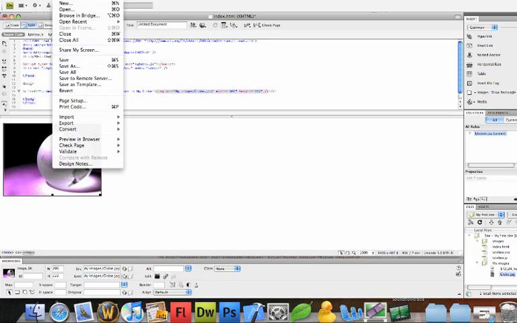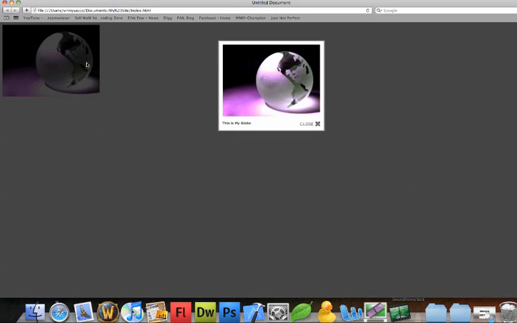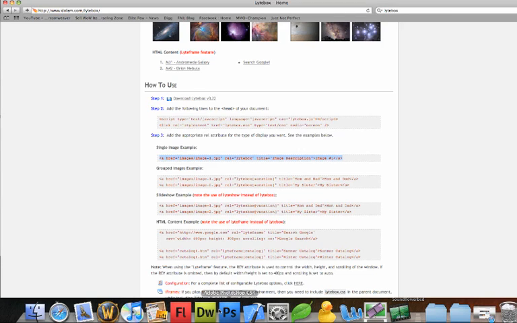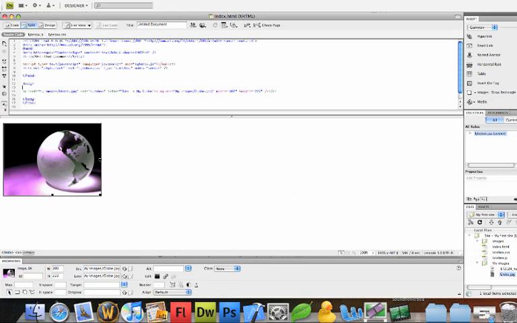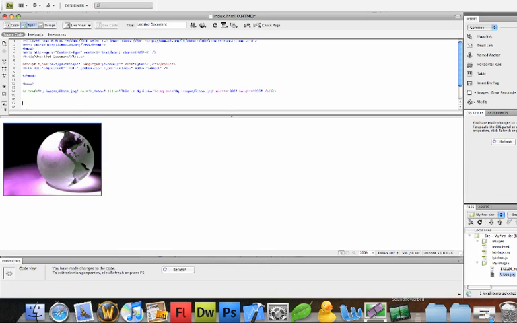Okay, and now let's see if it works. Let's publish it, save it. Now you'll see a nice clean image pop up with an image description and a close button. Now let's say you want to do a group of images. Go onto the site and copy the text for grouped images. Go back into Dreamweaver. In your body text again,